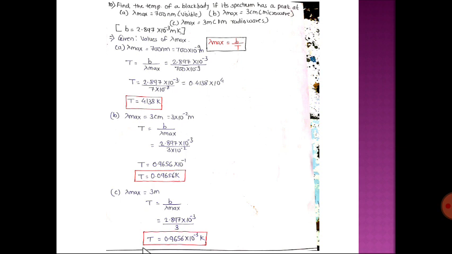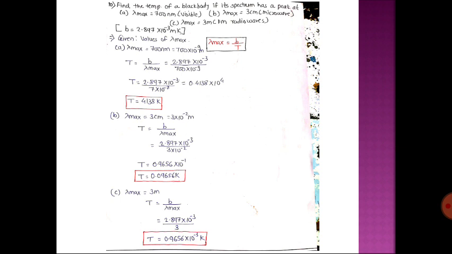It is again depending on the same. Let us find out. Find the temperature of black body if its spectrum has peak at, again you have to remember the spectrum in which lambda max means what? It is not the maximum wavelength, it is the wavelength at which energy is maximum. Which energy? Radiant energy is maximum at that lambda, so we are saying it as lambda max.